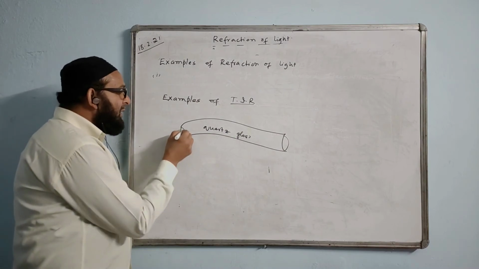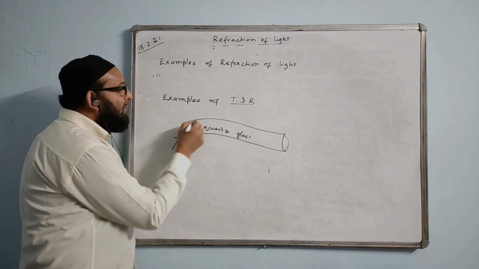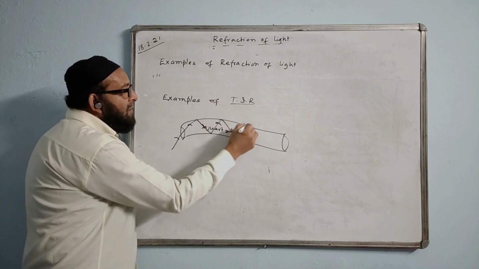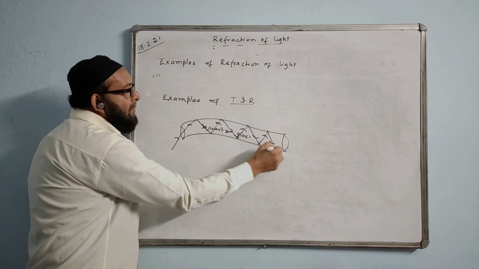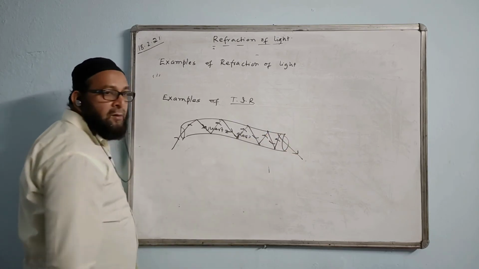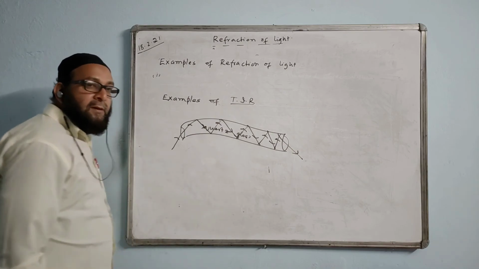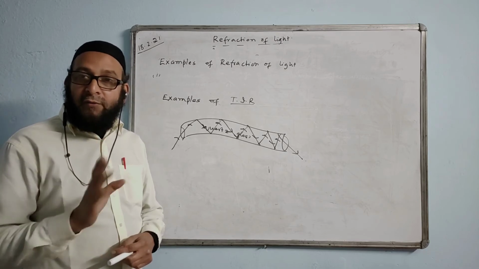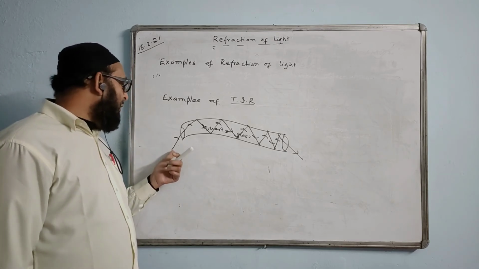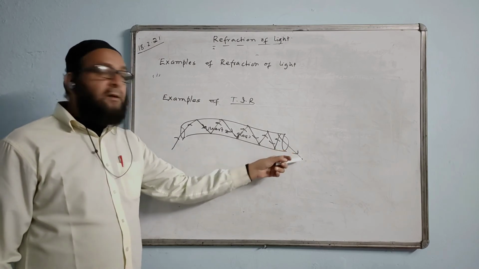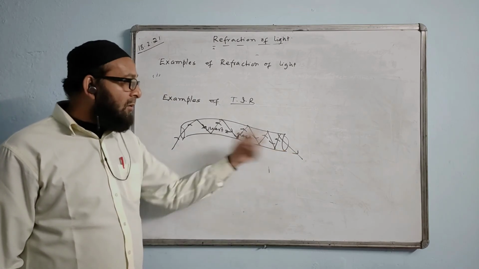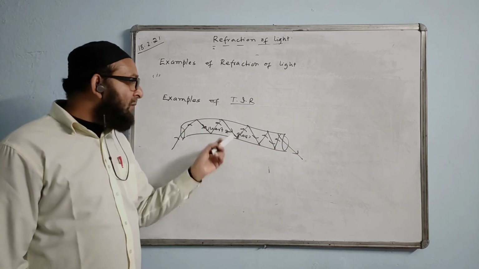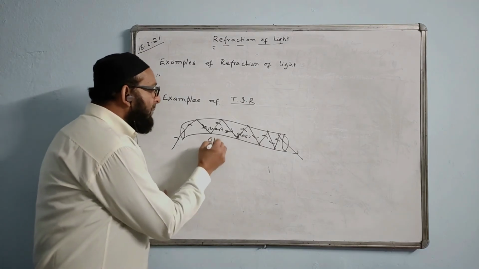Actually what happens, any ray that enters through one end of the pipe will undergo TIR. Like this, every time TIR, it will not come out. Like this, TIR will take place and finally it comes out. So every time the ray is reflected several times, TIR taking place, but without any loss of energy. The entire amount of energy of the incident light will be available in the output. Entire input will be available in the output. This is the work of optical fiber. This is called optical fiber.